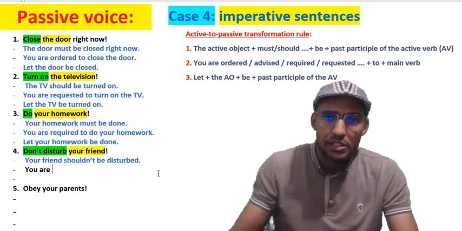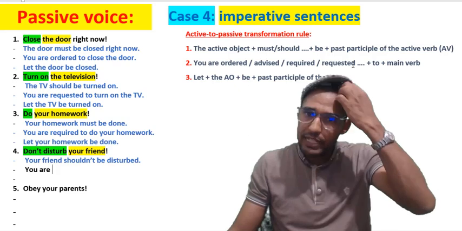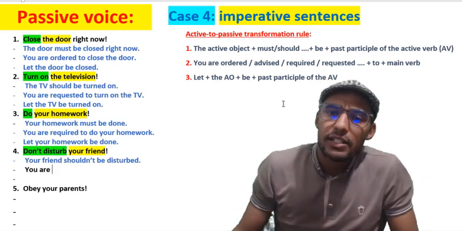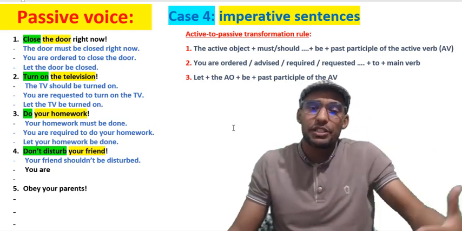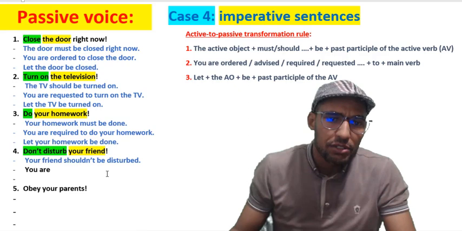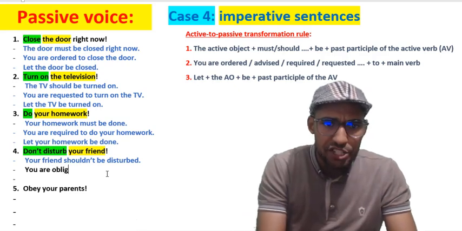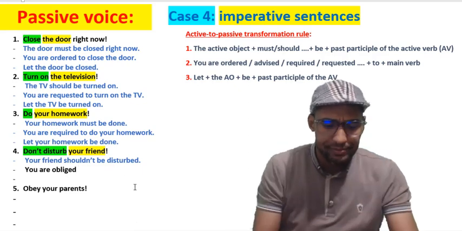So remember that these are only some suggestions. You can have more than a verb that expresses a specific meaning, or similar meaning. Okay, so you have your you are advised, or you are ordered. You have your you are obliged to, or whatever. Let's use you are obliged. In this case, you're obliged to